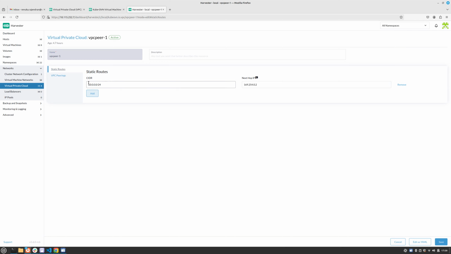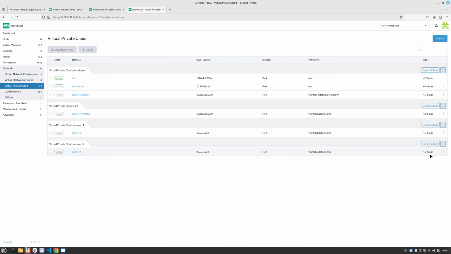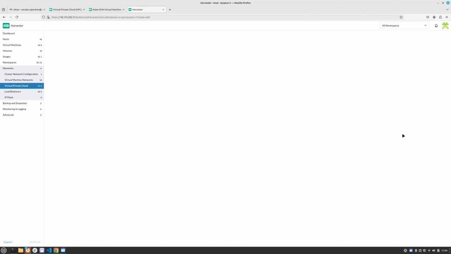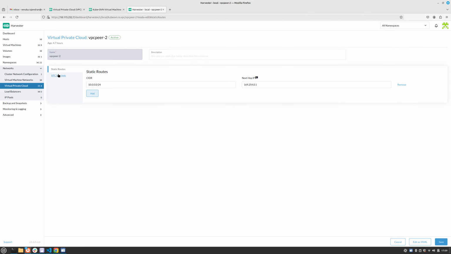So the static route is 20.0.0.0/24, which is the CIDR range of subnet 2, and the next hop is 169.254.0.2. Similarly, we can have a VPC peer 2 configuration, where the VPC peering will have a local IP, and the remote VPC is VPC peer 1. And for the static route, we have the CIDR 10.0.0.0/24, which is the CIDR of subnet 1, and the next hop is